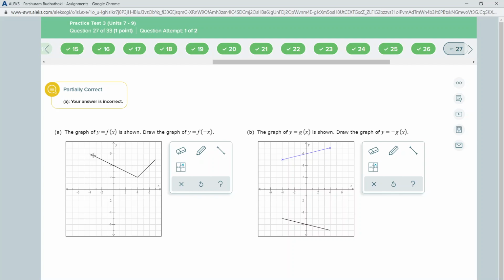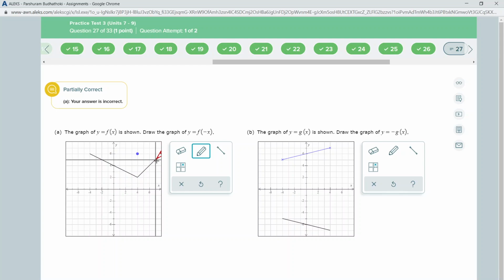This is -4. Let me just draw the line. -4, 6 becomes +4, 6, +4, 6. Okay, and then another point is this